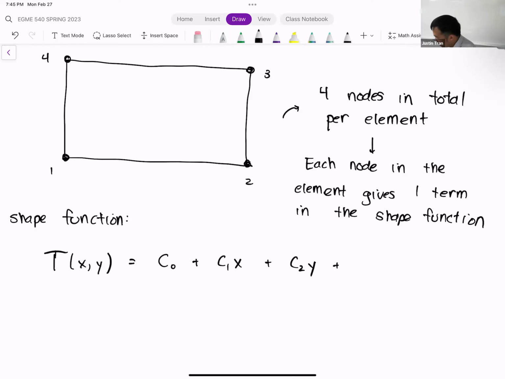We can have one more term here, right? Each node is going to give us another term. Generally speaking, the more terms that you have in your shape function, the better quality element it's going to be, and you're going to be able to capture more rich solution behavior with the more terms that you have. Okay.